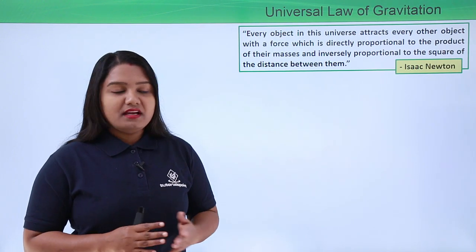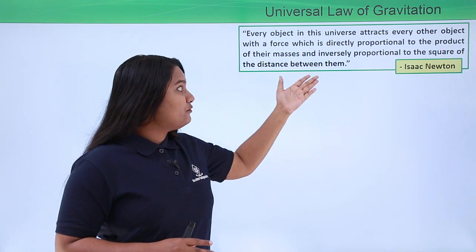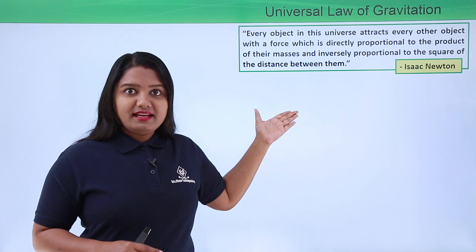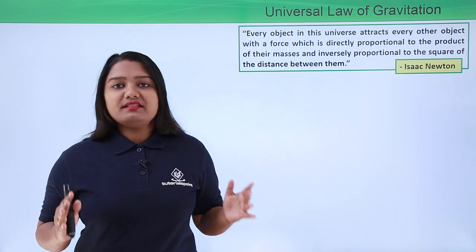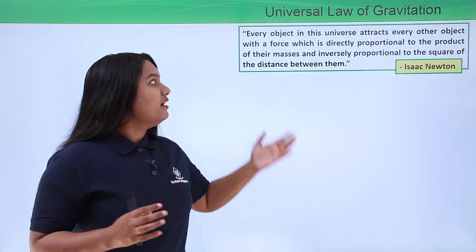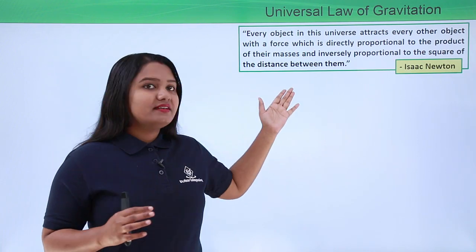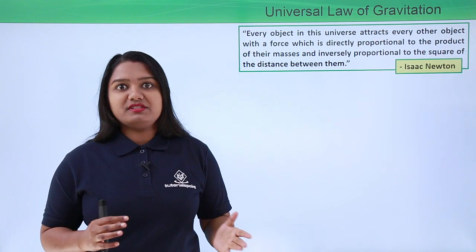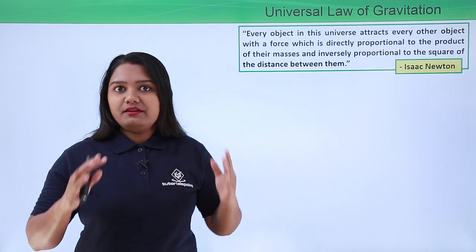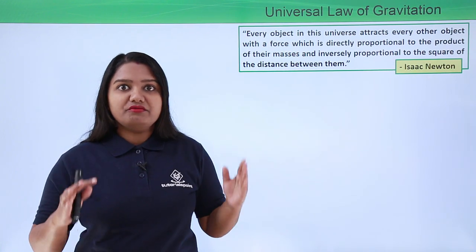between them. Now this law was put forth by Sir Isaac Newton, and this law states that wherever in this universe we consider two bodies, these two bodies attract each other with a force, and that the amount of that force is directly proportional to the product of their masses and is inversely proportional to the square of the distance